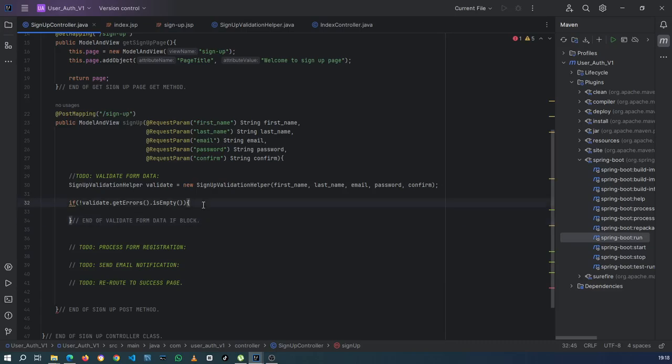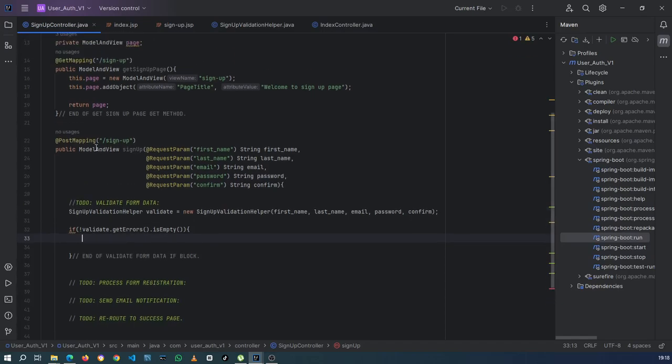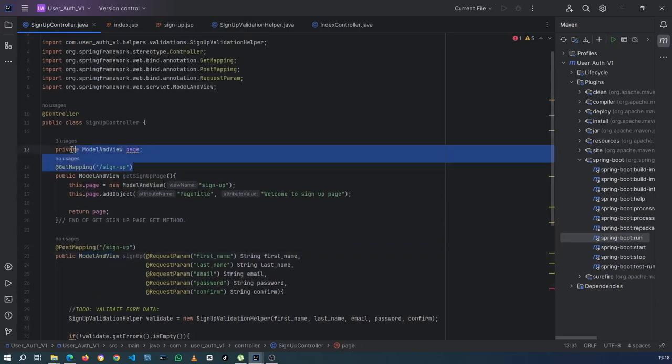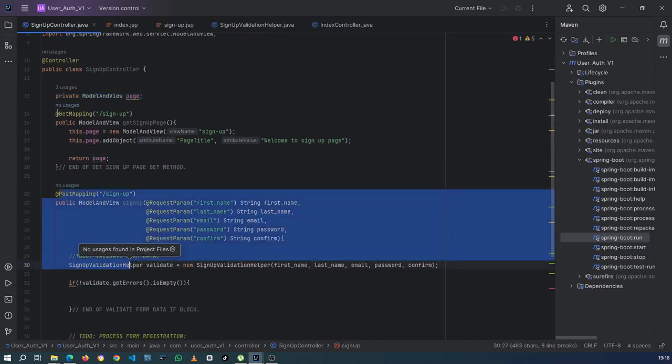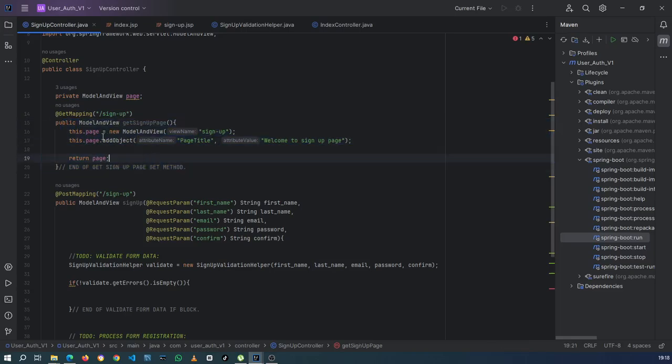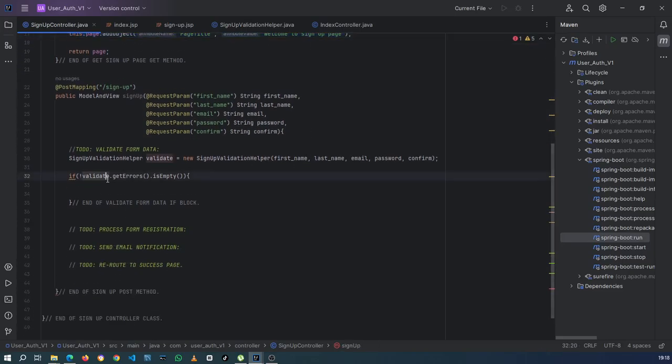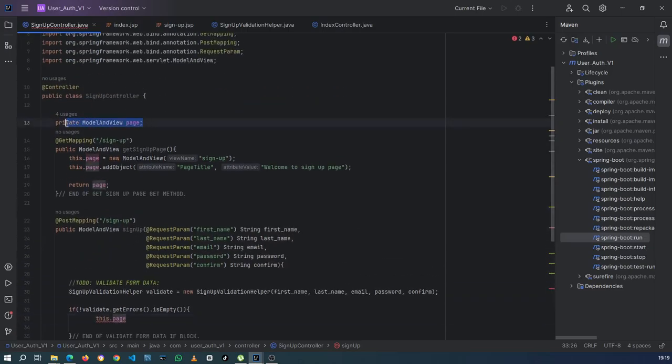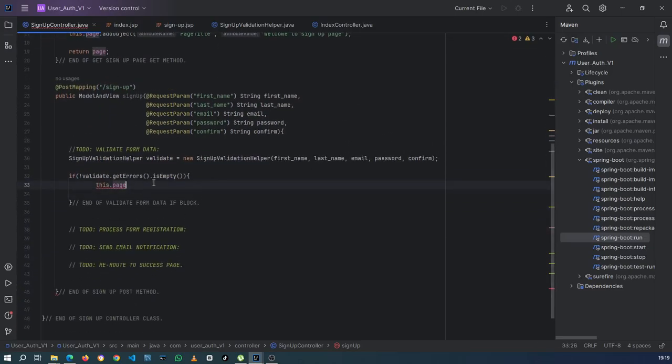Okay, so here we have a model and view. We have to return a model and view, and I've set up this model and view object over here. As you can see, when we enter into, let's say, this get method, we initialize it here, and then we set whatever objects we need to set, and that's pretty much it. So here we're gonna do the same thing. We're gonna say this dot page, which is the model and view object we're setting up up there, it's gonna equal to